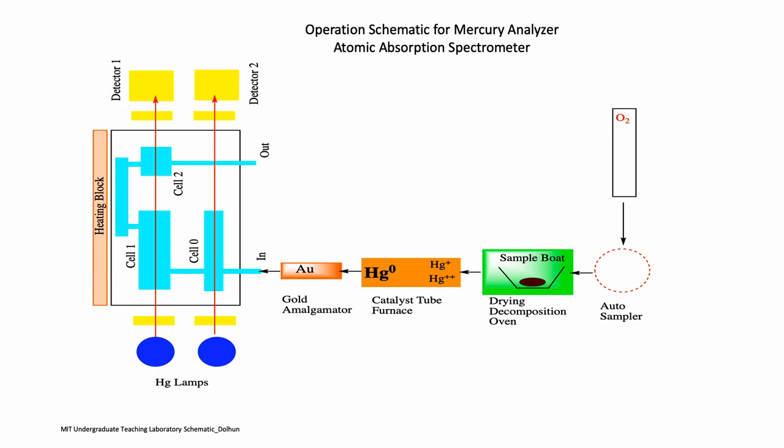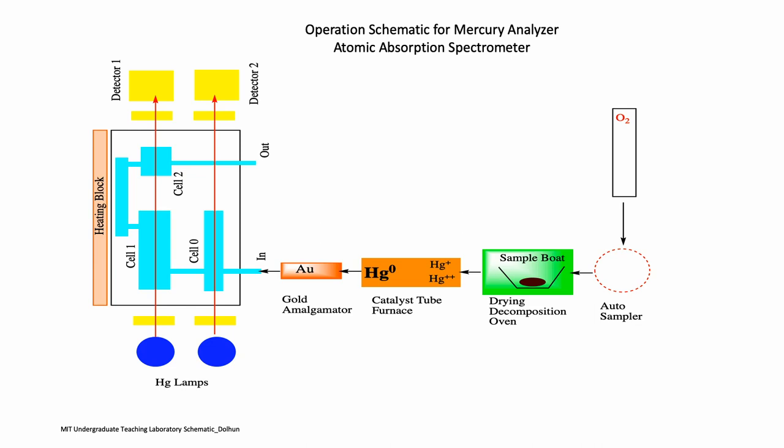So this is a little schematic of this machine, and I did this on ChemDraw. ChemDraw is amazing, you can do just about anything with it. So we've got a tank of oxygen that you'll see sitting in the lab. And then we have this auto sampler, which is a 40-position auto sampler. We'll be massing out our fish and putting it into the auto sampler, and then this little